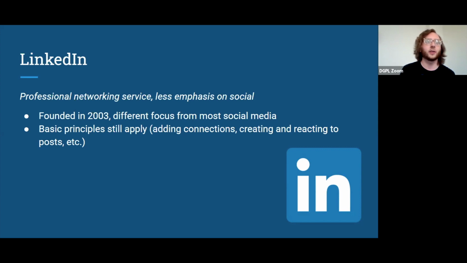I think if expanding your professional network is of any interest or use to you, it's definitely worthwhile to set up a LinkedIn account. You can post elements of your resume. Any connections that you add have the ability to endorse you for various skills, which can help connect you to other people.